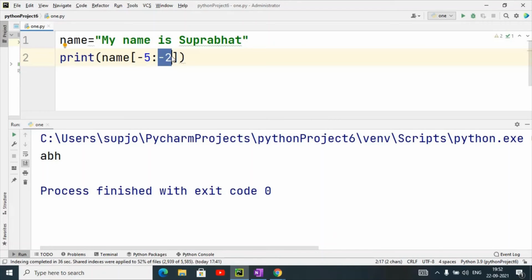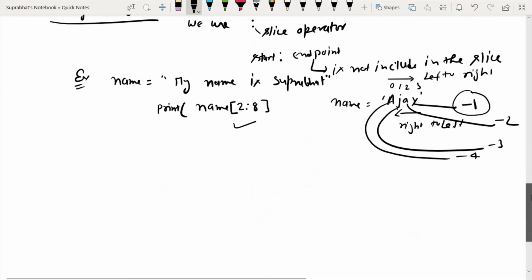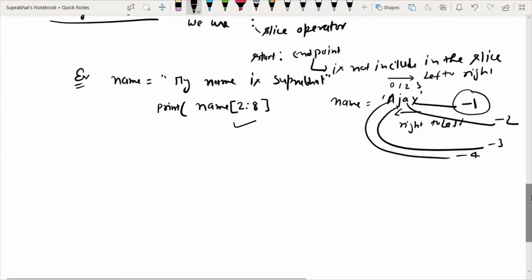Any doubt? Sir, when we are using minus, it will not start with the 0, sir? No, it starts from the right side. I already told you, I am explaining again. Suppose I have taken name1 equals to Ajay.